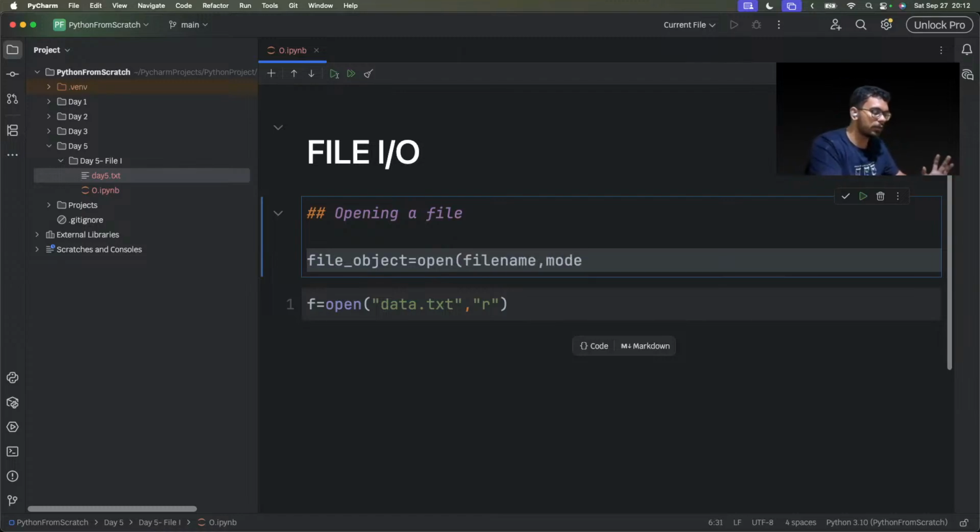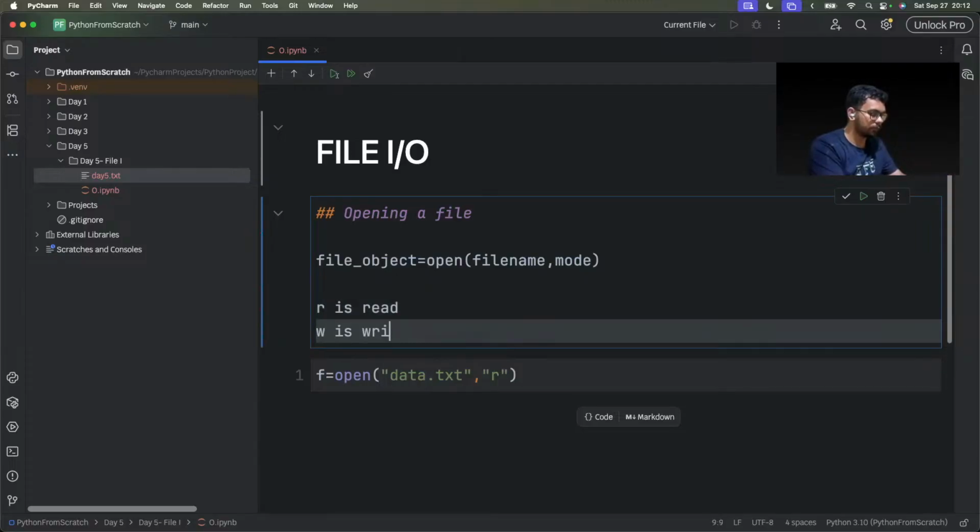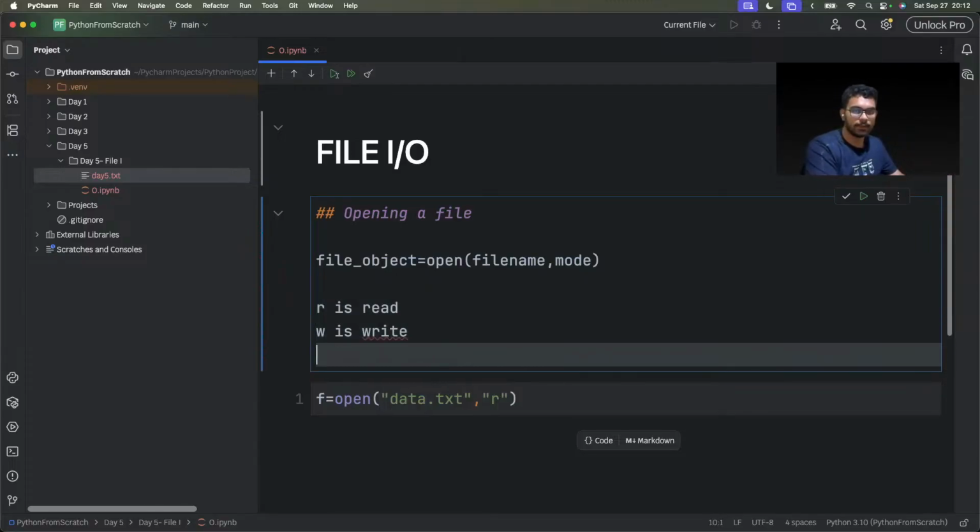In which mode does the file have to be opened? In mode, R is read, W is write, X is write only if